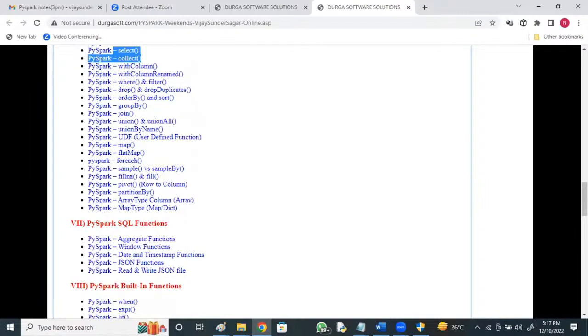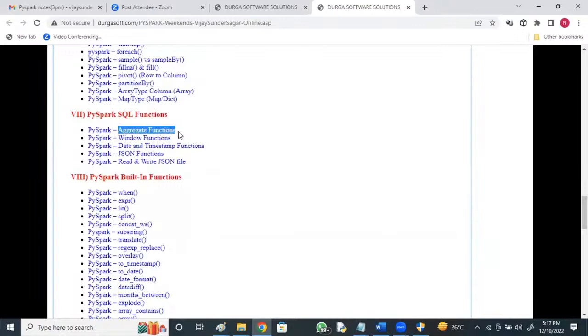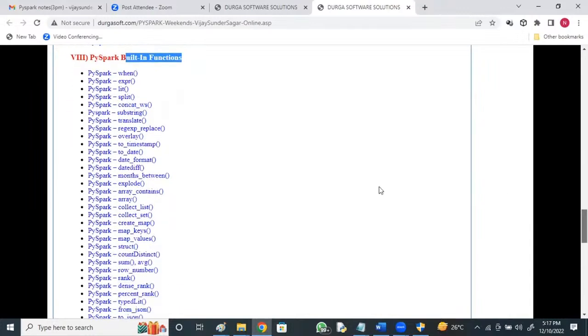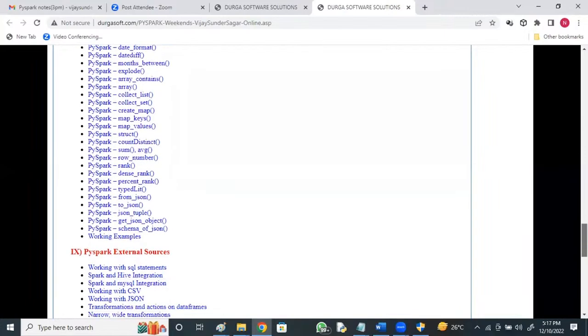And apart from this, if you go to the PySpark SQL functions, a lot of SQL functions like aggregate functions, window functions, date and timestamp functions, JSON functions. And if you talk about PySpark built-in functions, we have got a lot of functions, each and every function with some examples, right? String, translate, overlay, to date, month, explode, map keys, map values, struct, row, rank, dense rank, percent rank, from JSON, to JSON, tuple,